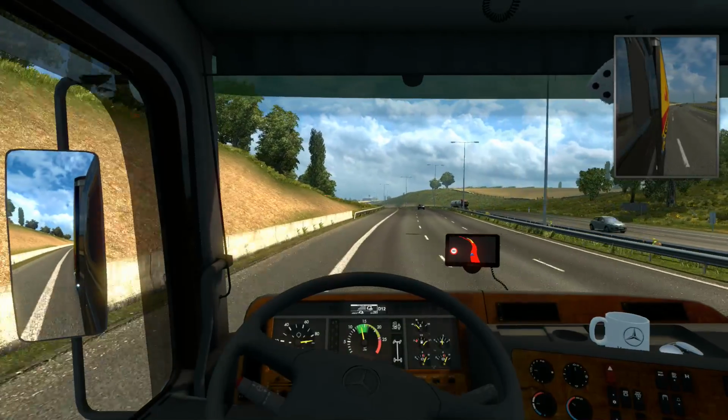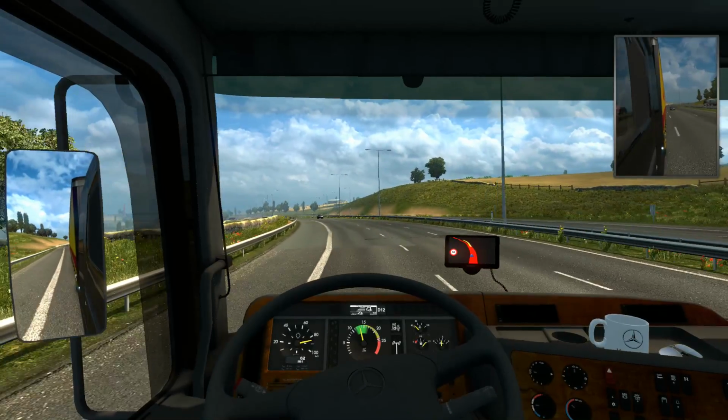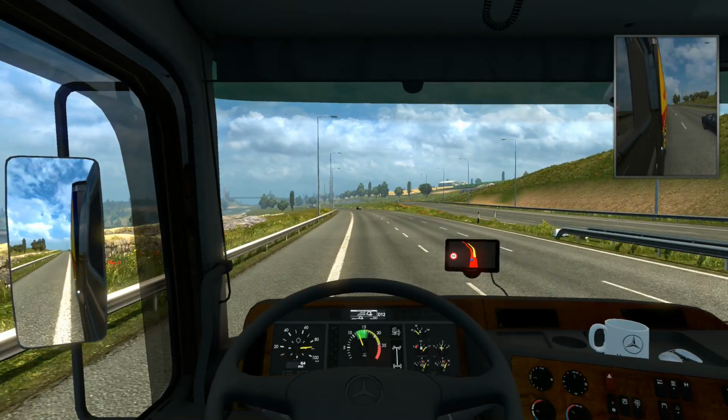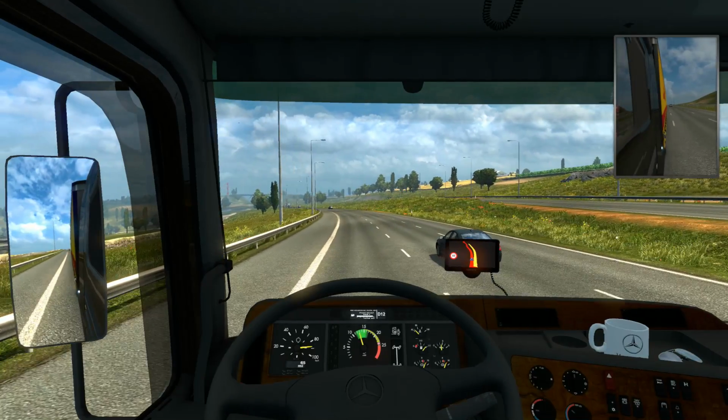55 miles per hour. We're doing really well so far. First impressions are quite positive. Let's have a look at the display. Let's see what fuel economy we're getting. So at the moment we've got a standard display here for cruise control and gear. Fuel level